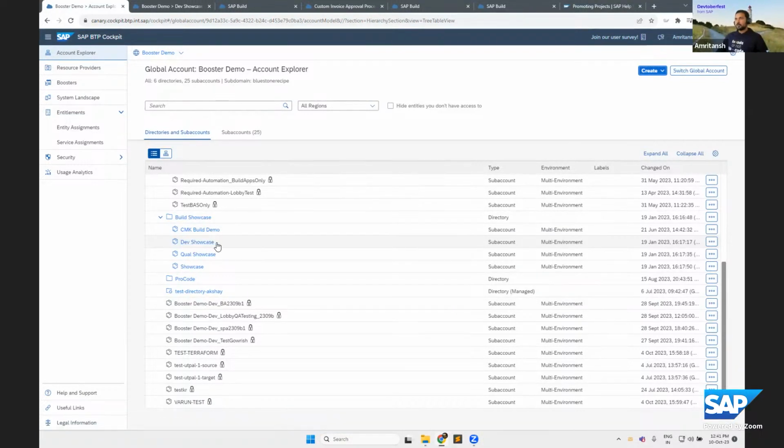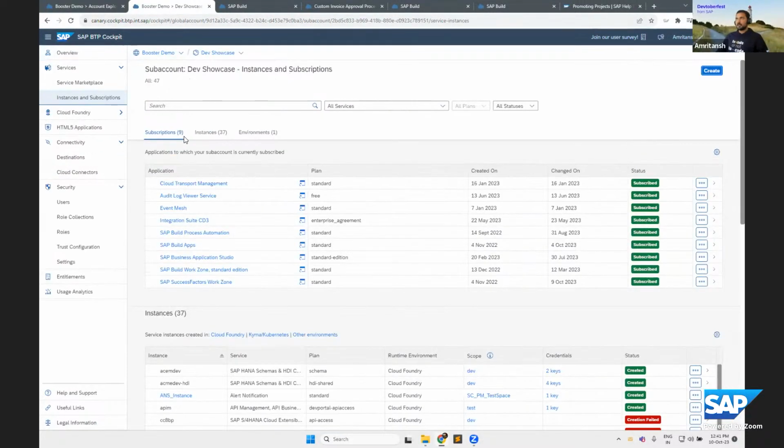Now I'll go through these three sub accounts which I have here: the dev showcase, the call showcase, and the showcase, which are the three equivalents for our dev, the test tenant, and the showcase one being the production tenant. If I step into the dev showcase tenant, just to validate what Tarun already spoke about, we have the subscriptions to SAP Build Process Automation and all the other applications in the Build portfolio, along with the subscription to the SAP Cloud Transport Management Service.